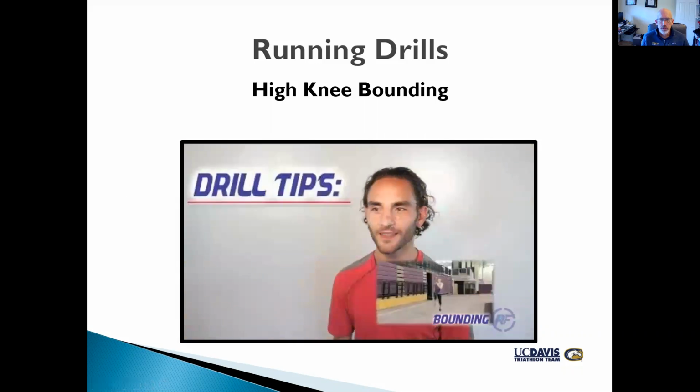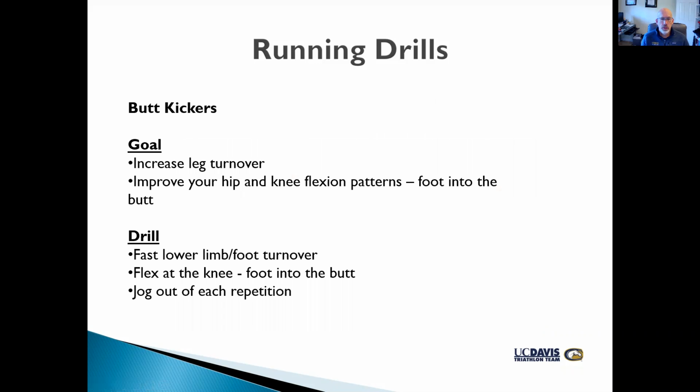How does that feel? Okay, so the last drill I'm going to talk about is butt kickers. Very common drill, done a lot for all skill levels of runners. And the goal with this drill is really to increase leg turnover and improve your hip and knee flexion patterns as you run. That whole idea of the foot into the glutes, this is to help create that pattern in your running. The drill really is to move the lower limb faster with high foot turnover, flexion at the knee